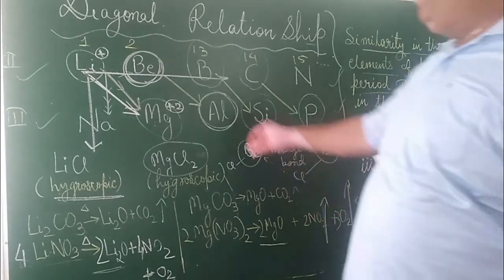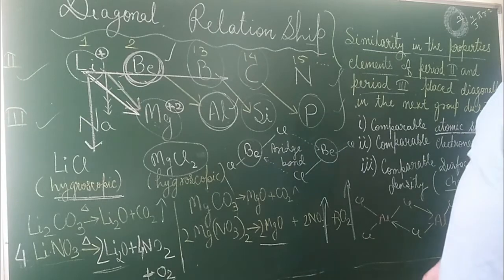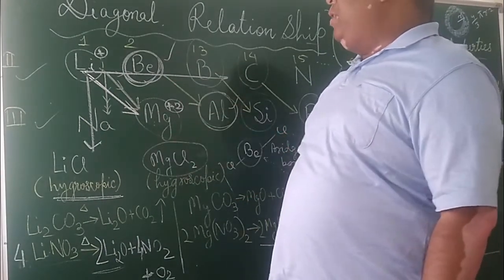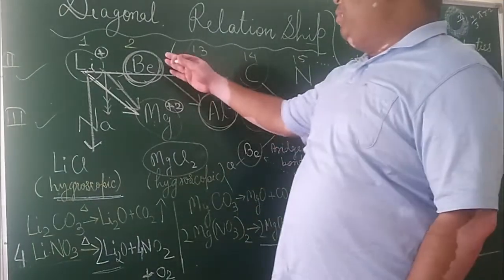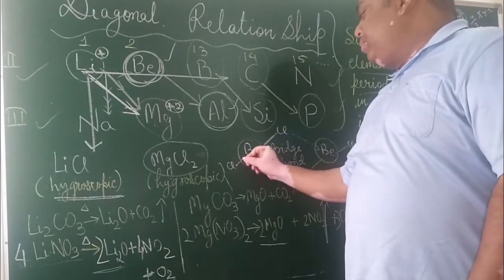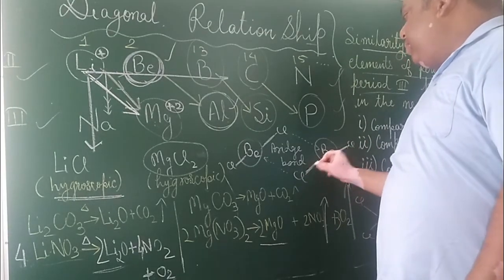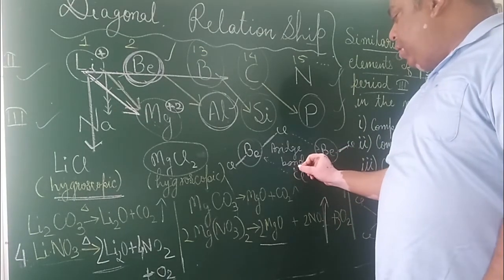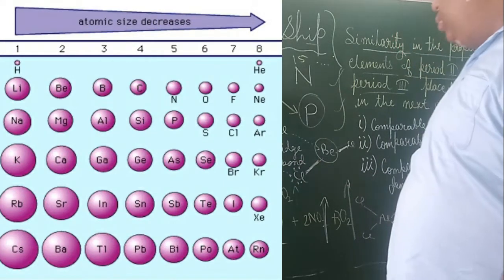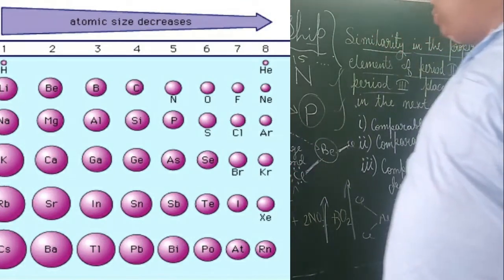Now if you compare beryllium and aluminium, they will also have similar properties, like their chlorides are covalent in nature. Although they are metallic, so their chloride should have been ionic, they are very much covalent. In case of beryllium chloride, a dimer is formed. Two beryllium chloride molecules come close to each other, and one of the chlorine atoms partially donates its electron pair to the beryllium atom, and as a result a bridge bond is formed.